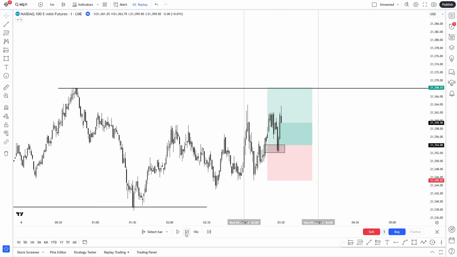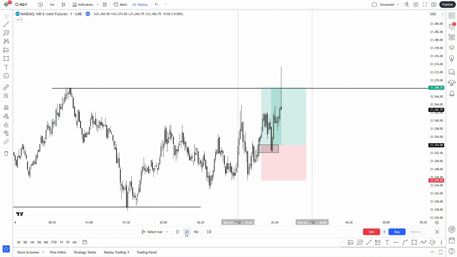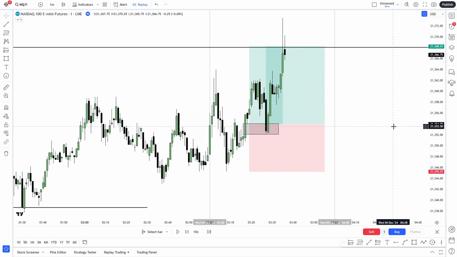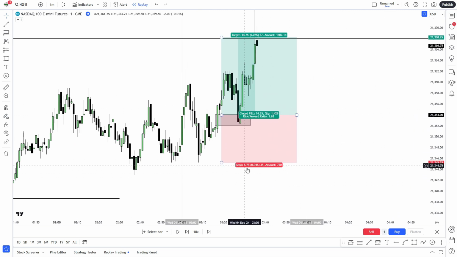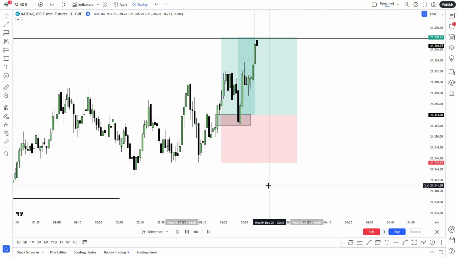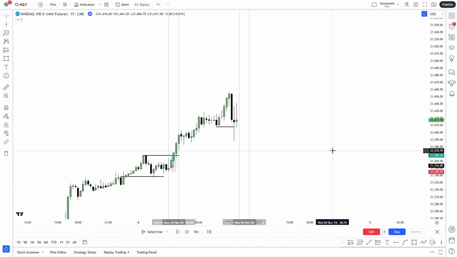Okay, we get filled right there, and we just have to wait, and as you guys can see, we hit take profit right there. Another thing worth mentioning guys is that your trade must be executed in this time period between your specific silver bullet. It cannot be before or after. You can hold the trade after you've entered in the time period, but entering must be done in the specific time windows. Alright guys, let's go over the next silver bullet.